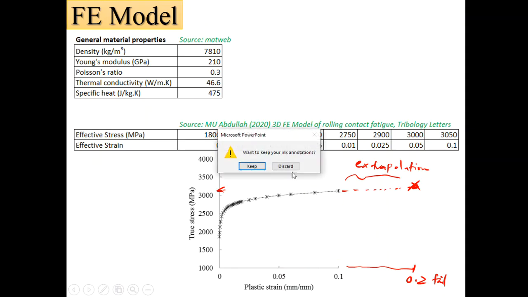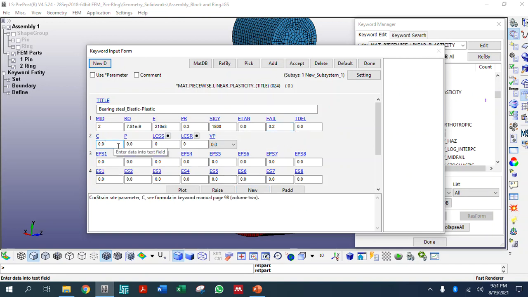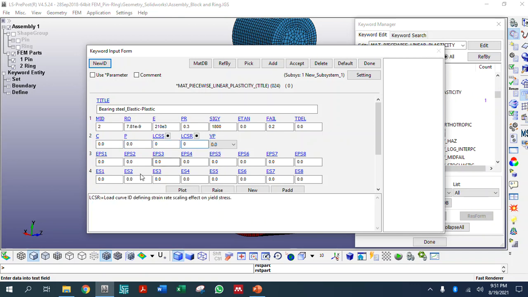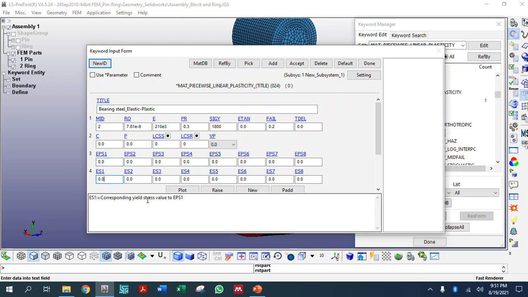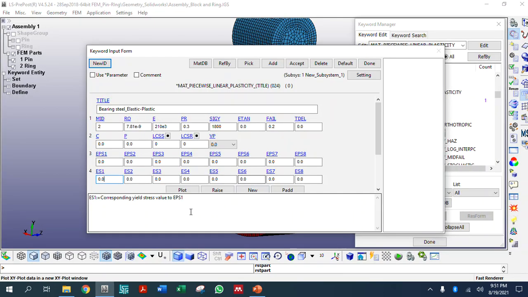So then we go to next, we key in the data 0.2, and here CP we don't touch anything. Here if we have the load curve, we can put it. If not, then it's okay. Now look here, here is the effective plastic strain, here the corresponding yield stress. So meaning we have the effective strain and the corresponding stress. So in this case, it is zero here 1800,